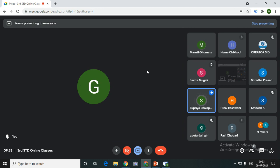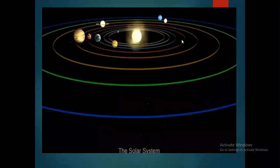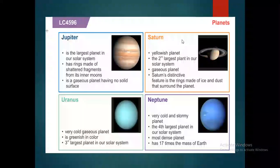Jupiter is the largest planet in our solar system. It has rings made up of shattered fragments from its inner moons. Saturn and Jupiter have the most moons. It is a gaseous planet having no solid surface. Your question is...